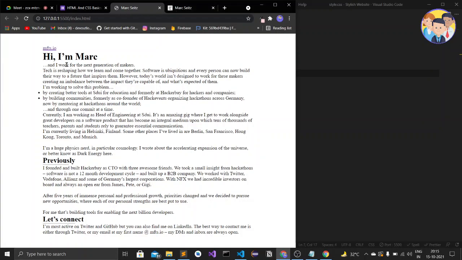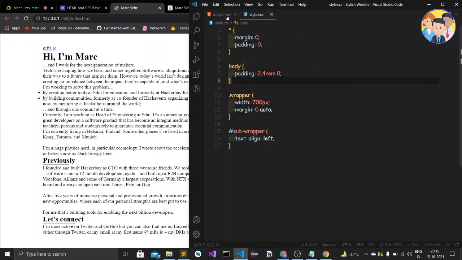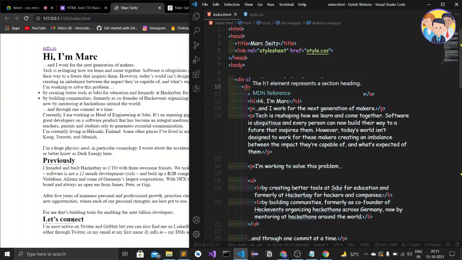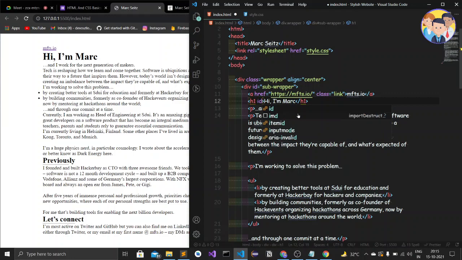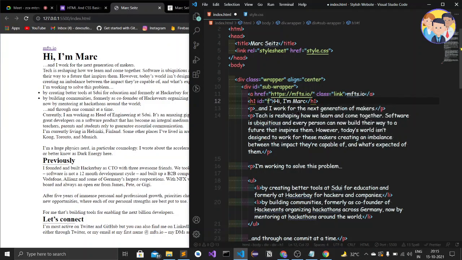Now I'll give the margin bottom to this, or else I will give the margin top to this heading. Let me select the heading. I'll give a class or ID to the heading tag. I'll give an ID, top heading. Just a minute. I have given an ID as top heading. Now I'll copy this, Control C, and save this file.